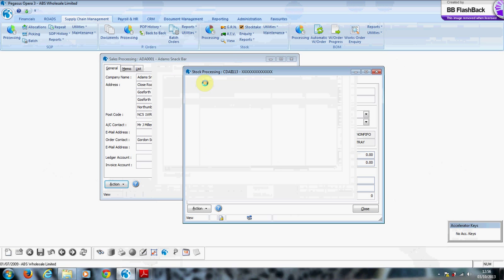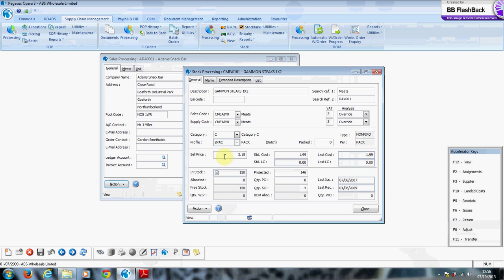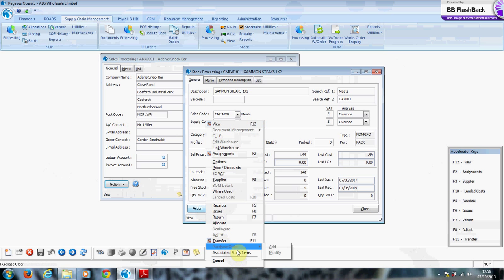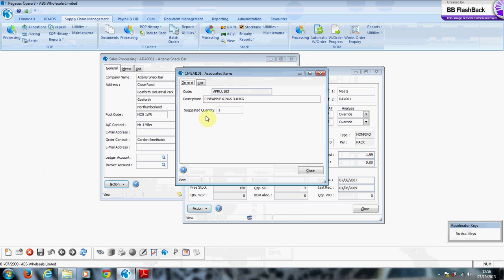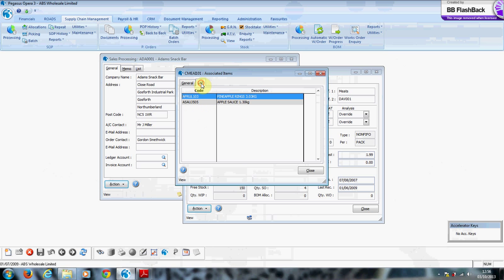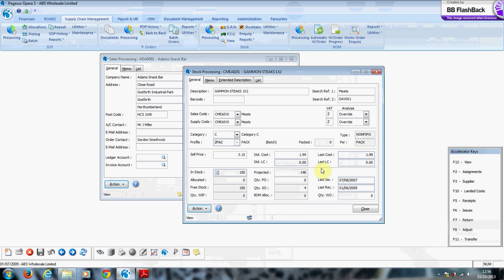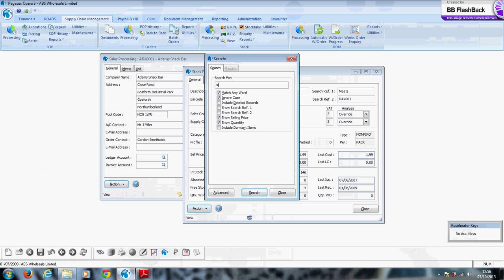these are in packs of 2. We have the standard selling price here, but on this particular item, if I go to associated items, we can see here how we can then set up these so that we have a suggested quantity for each of the associated items with this. If I pull up my sirloin steak,